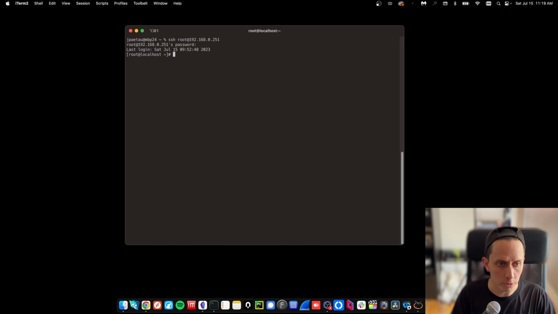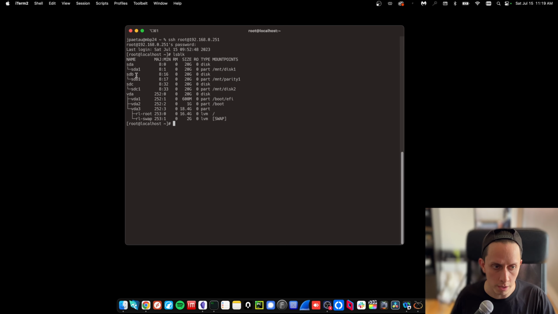We put in the password. So let's look at our drives. For that, we're going to use lsblk command. All right, so we can see that we have 3 drives with 3 partitions here, 1, 2, and 3. It's important to know this because when we're going to set up the snapraid configuration, we're going to need the